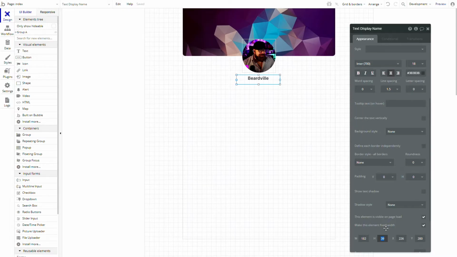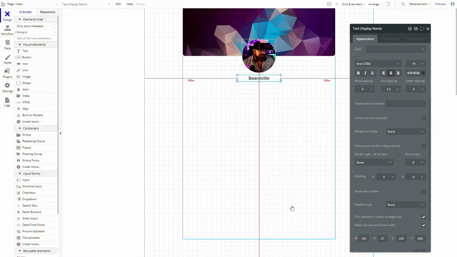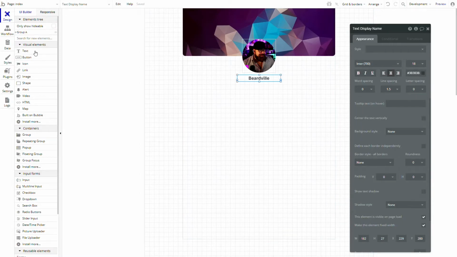So in order to do that, and in order to have that text perfectly centered within that element, we're going to do a little quick math. We've got 18 font size up there, line spacing of 1.5. What we're going to want to do is multiply 18 times 1.5, and that's going to give us the exact height of this element that it needs to be. So that's going to put us at 27, and now that text is nice and perfectly centered, and we don't have to worry about it moving anywhere, and it's going to be just perfect. We're going to leave that about 10 pixels away from our profile picture